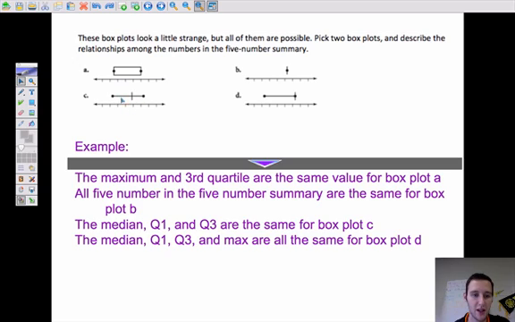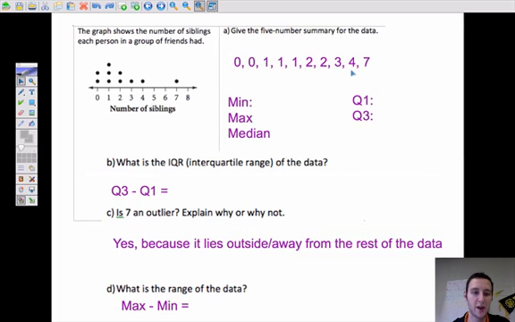Box plot C, the median, Q1, and Q3 are all the same number. That's why we just have the one line here. There's no actual box. And then part D, the median, Q1, Q3, and max are all at this same point, are all the same value. The minimum is different, but that's the only difference. Otherwise, all 4 of those other numbers are the same. Okay. And then the last part of this learning target